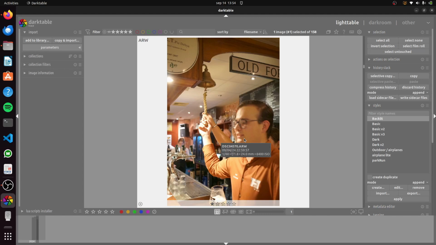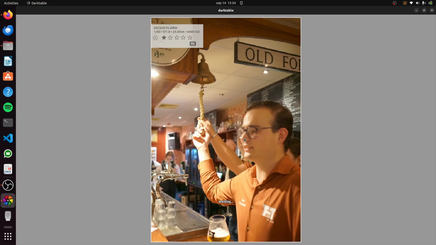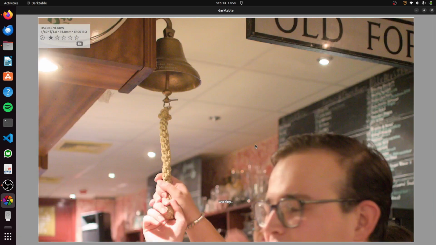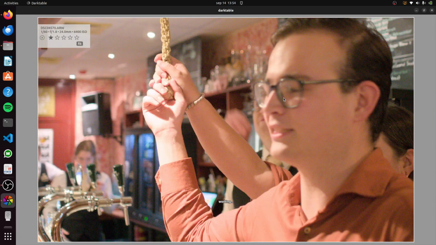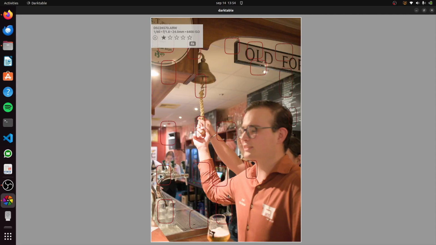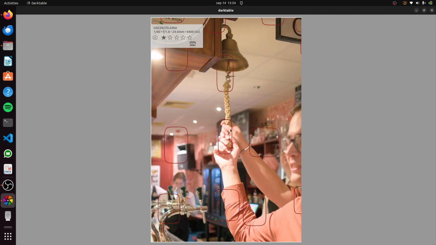Also, another way to see is if you press Control W, then it makes it full screen, and it will also light up the areas that are in focus. So here it's saying the bell's in focus, but sadly Root's not in focus, and of course that's the subject of the photo, right? So this photo I won't take, but Control W is a nice tool to see what's in focus, and also if you need to zoom in,